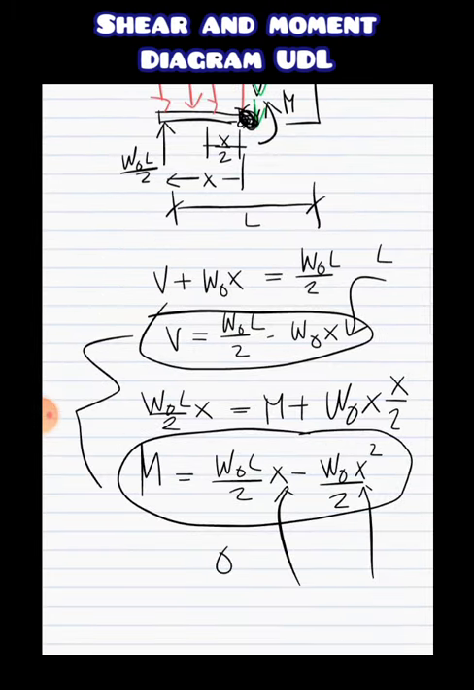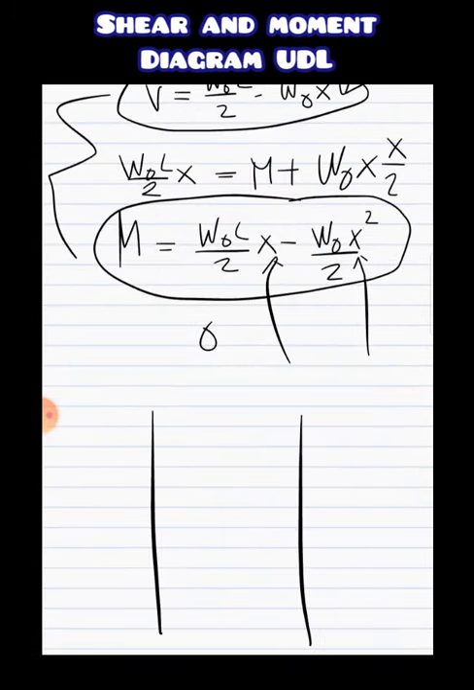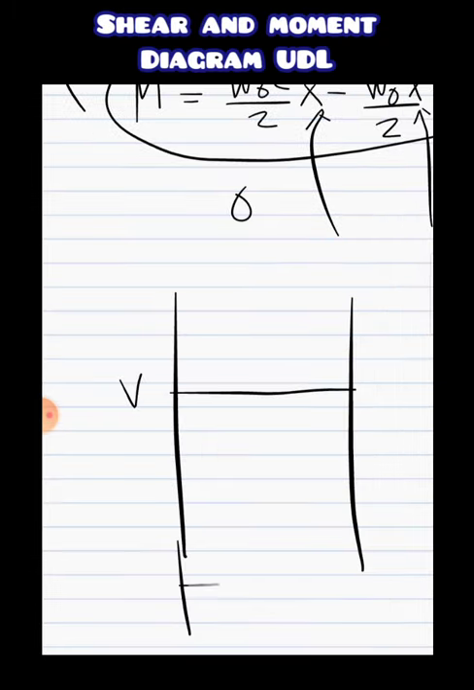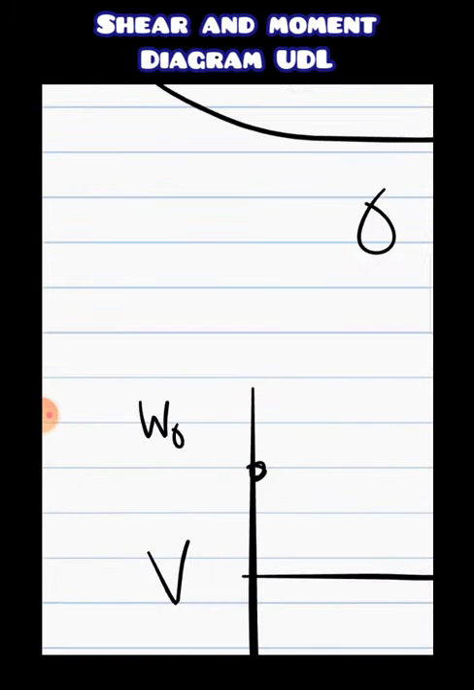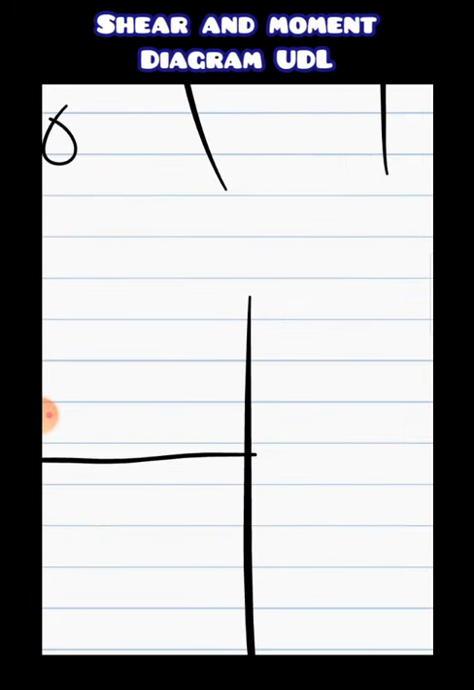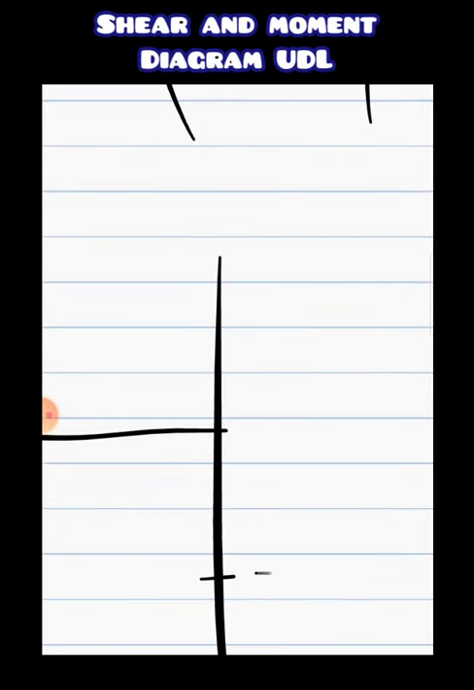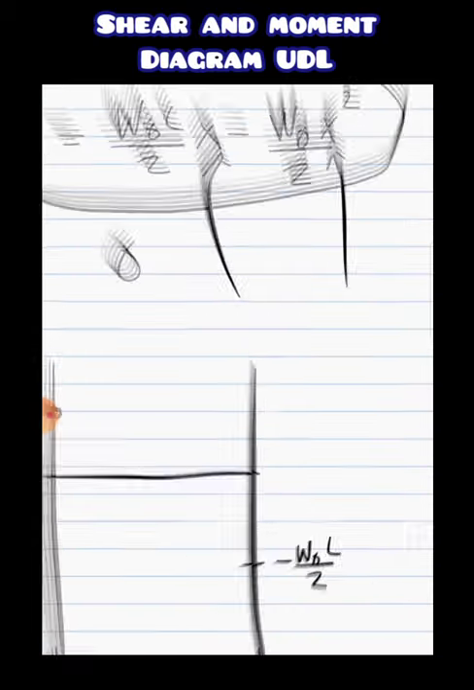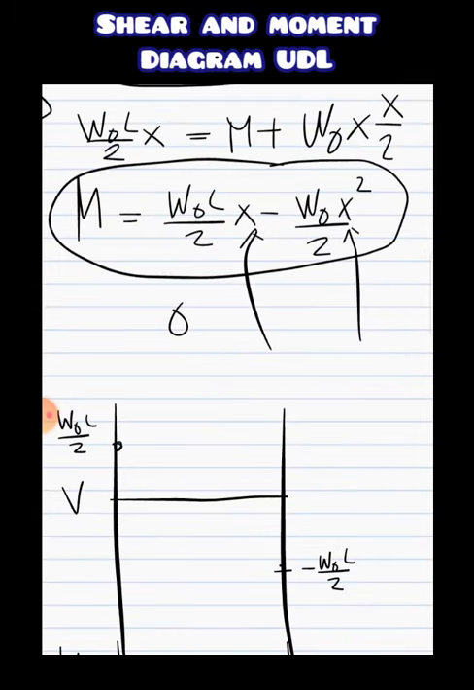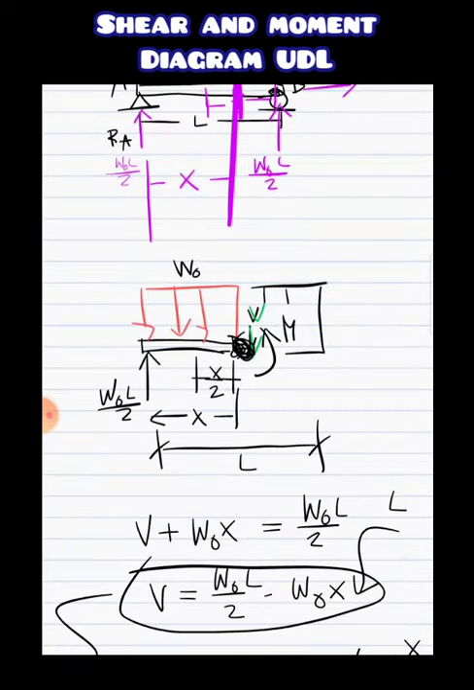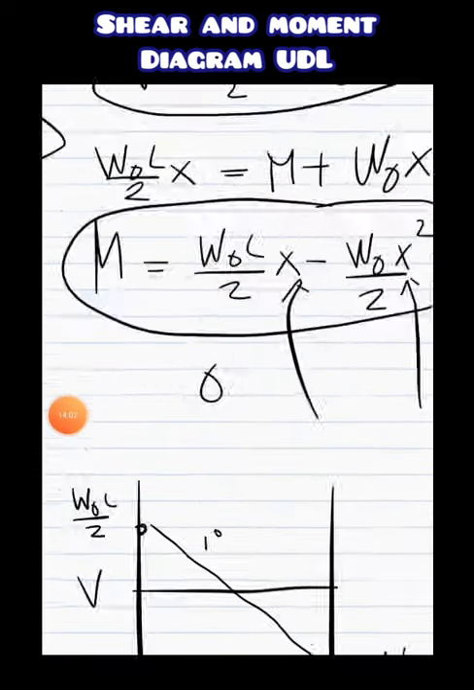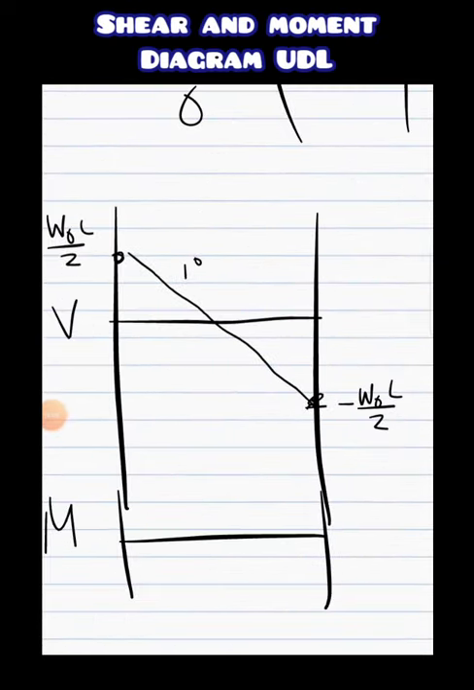So if we want to plot this as our shear and this as our moment, we're going to see that at x equals 0, it is WL over 2. At x equals L, that's going to be negative WL over 2. And so the graph will look like this, a straight line of first degree. Since this is linear, this is a 0 degree curve, this must be first degree. And so its maximum,